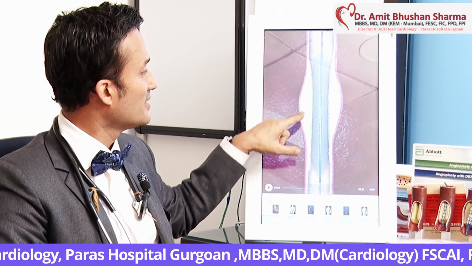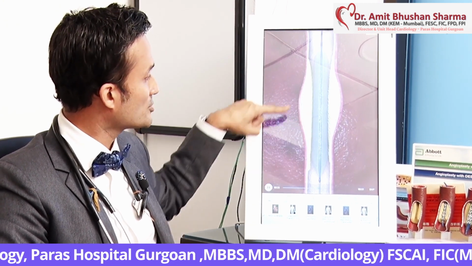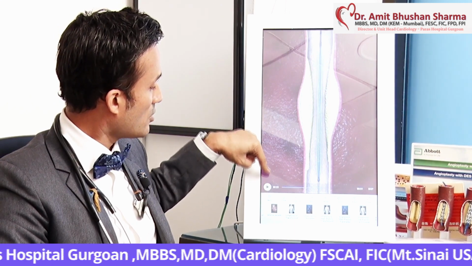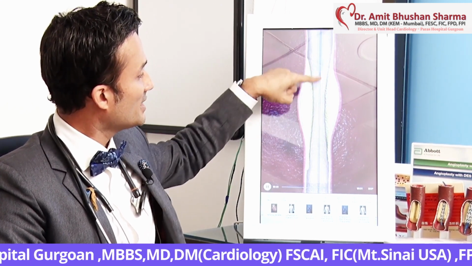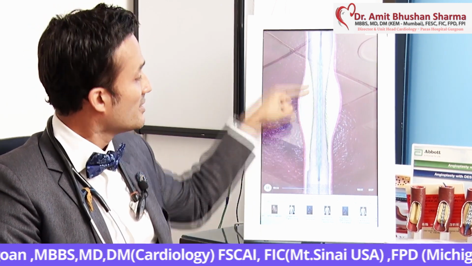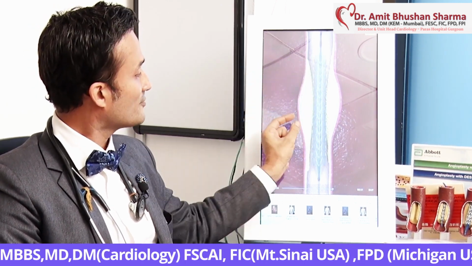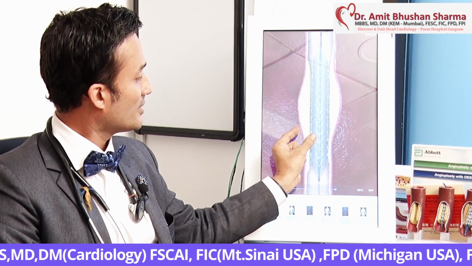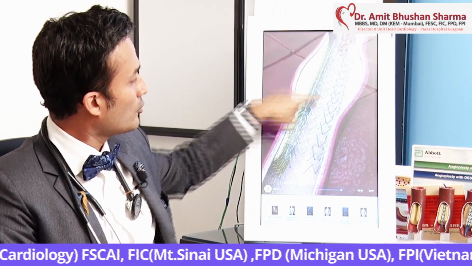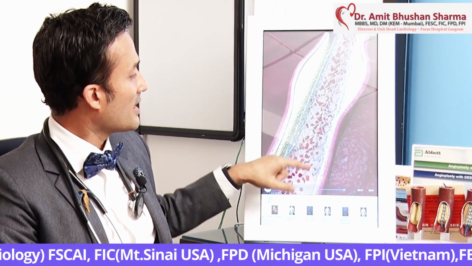are seeing very clearly that there was a blockage, and then the balloon which is going here, and the balloon which is going here now, after the balloon is getting dilated, lumen is getting increased, size is increasing. So when the lumen is getting increased, after that this is followed by a process of stenting, the stent which is opened up here, and once the stent is opened up, the blood flow is restored and the heart function